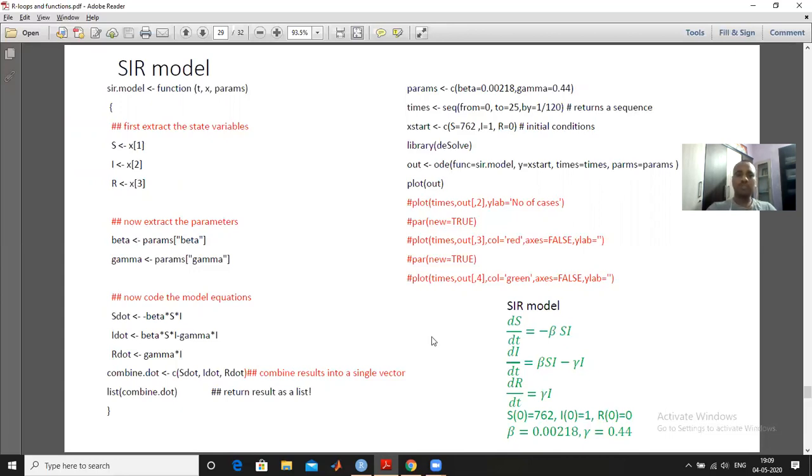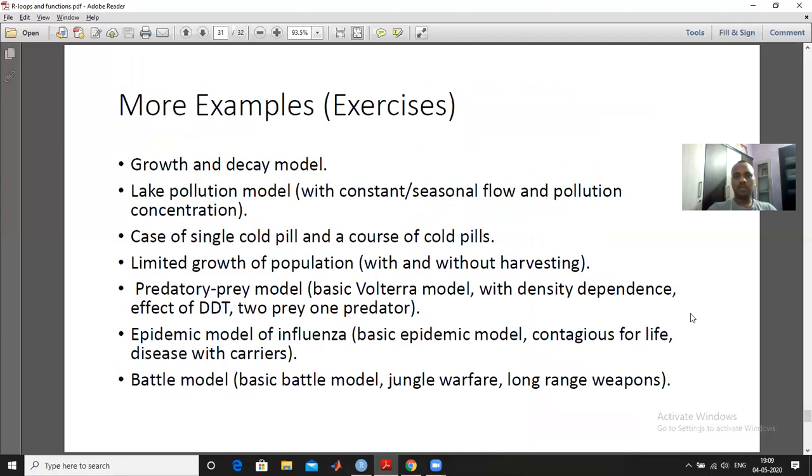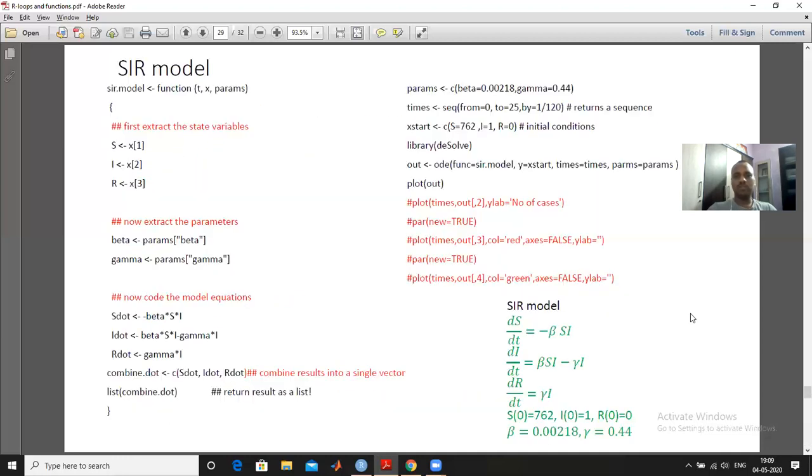So just change these, otherwise the structure will remain the same. It means you have to define the function, define the values of the parameters and time and initial values, call the ODE, and then plot. So these are some examples. We stop here and we will discuss more examples if you feel the need for it.